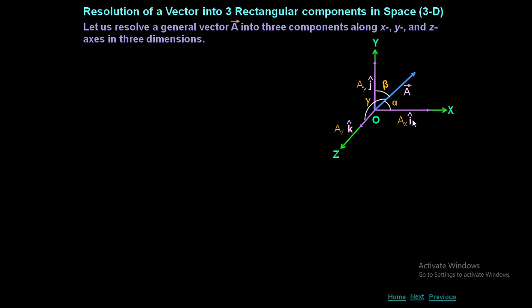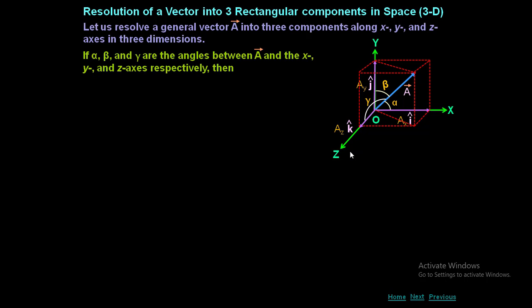Now here you see i cap, j cap and k cap will represent the unit vector, that is nothing but the direction along x, y as well as z. Whereas the magnitude of A bar along x is Ax, along y is Ay and along z is Az. So what is the vector along x axis? Ax into i cap is the vector along x axis, Ay into j cap is the vector along y axis, and Az into k cap is the vector along z axis. Now that is a 3-dimensional. I have constructed a cube.